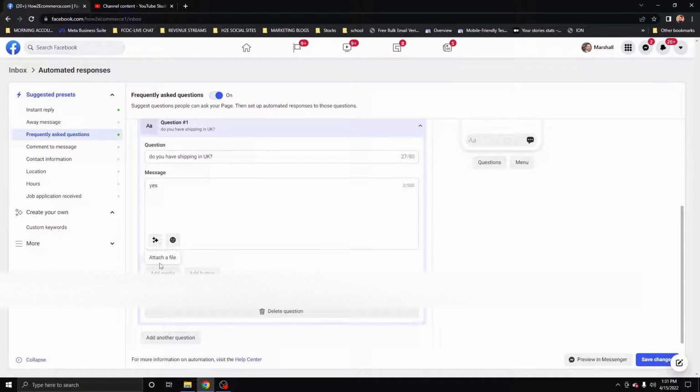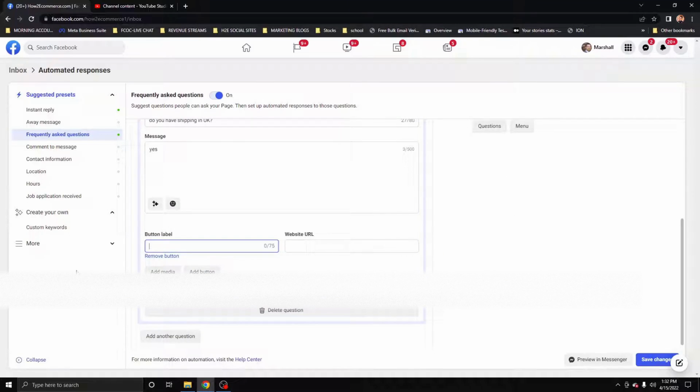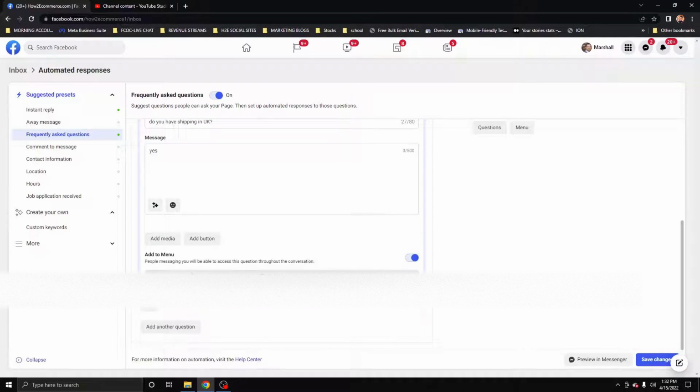You can add a media button if you want to attach a file, or add just a regular button and put the button name. Maybe they want to check out the website, or if they ask, do you carry this in blue? You say yes. The button label could say check it out, and then the website URL could go right to that product in blue. But if you don't want to add a button, you can remove the button and then just go ahead and click Save Changes. If you want to add another question, like let's see,